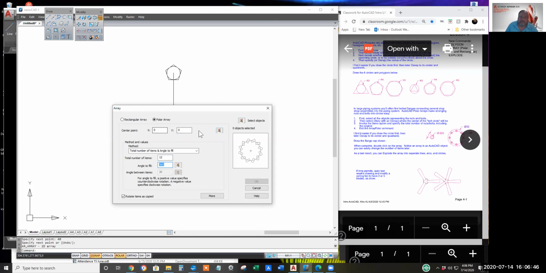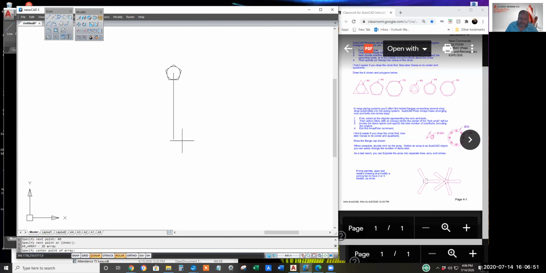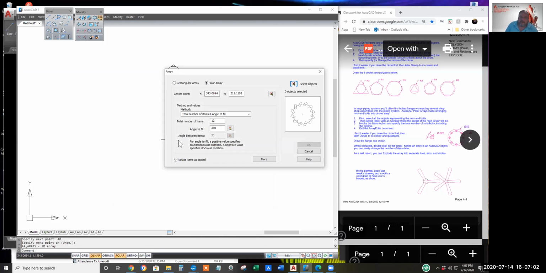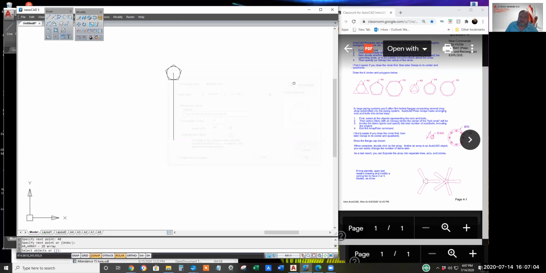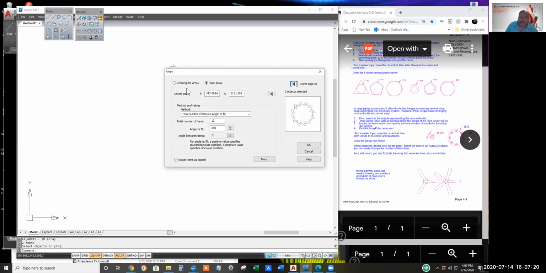Nobody knows the absolute coordinate, so click on this pick point with your mouse. Specify the center of the circle or the end of your guideline. All that's left is select objects. Hit enter to tell AutoCAD you selected no more, no less than what you want the modify command to operate with, and hit enter. And click OK.